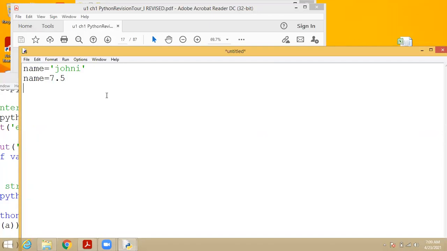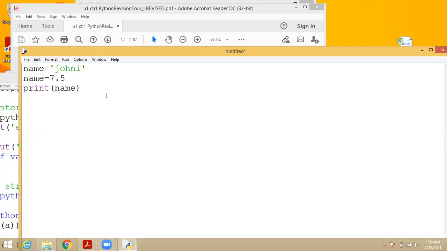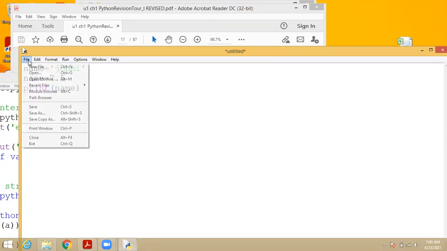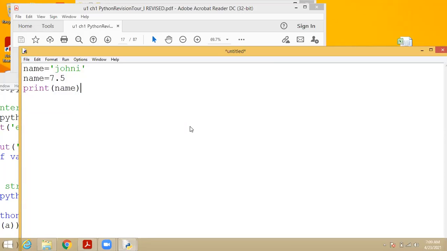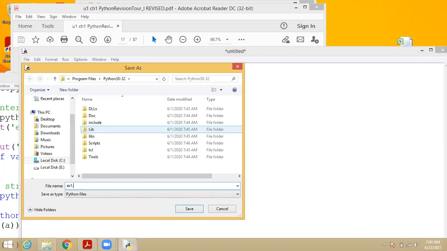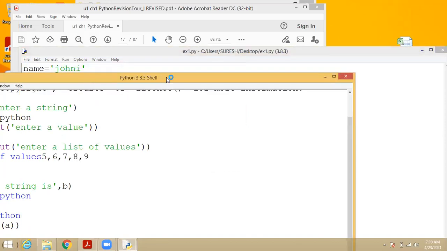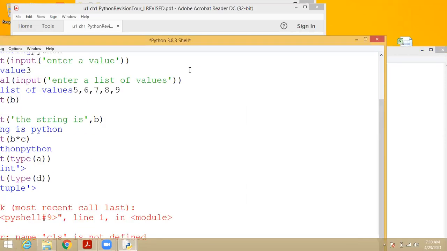If I want to print the value of name, it will display the last updated value. Save the program, like example 1.py. If I execute, it will display the last updated value.